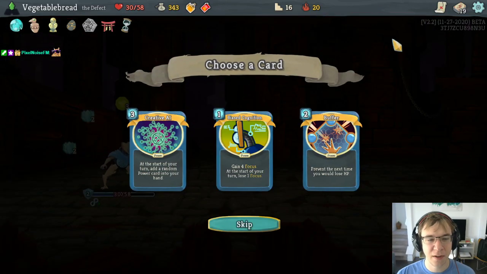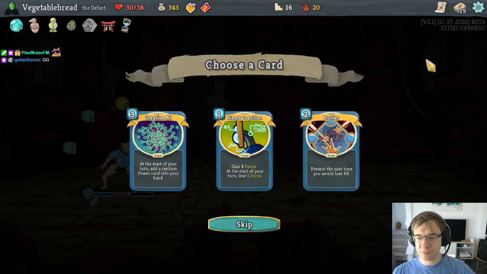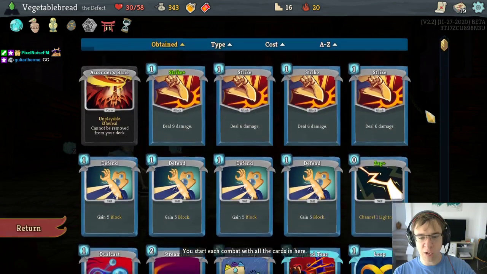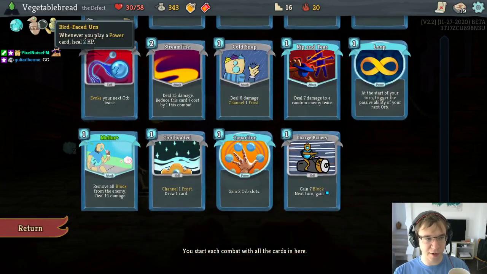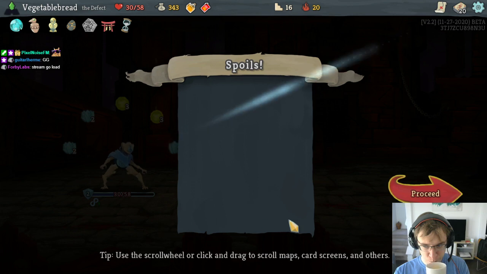There we go. There's the Creative AI. Seems like we need that. Bias Cog's nice too. Buffer sometimes pickable. Creative AI seems like a huge addition to the deck. Basically building around that Creative AI since floor 1, so...